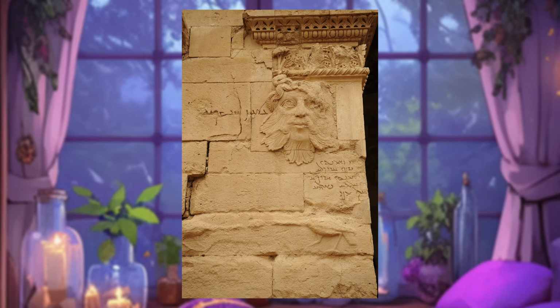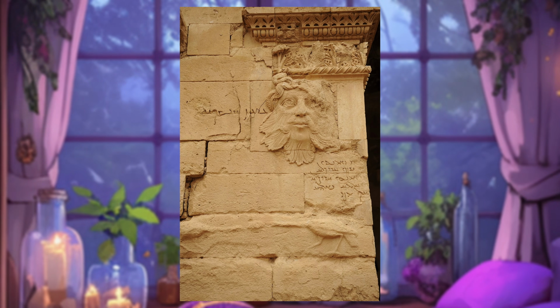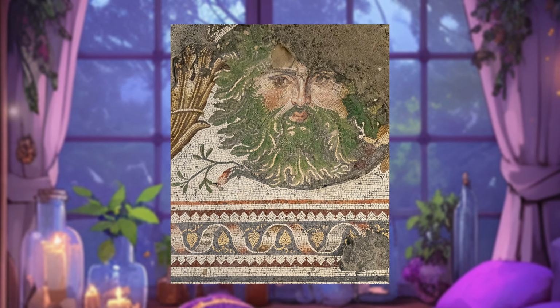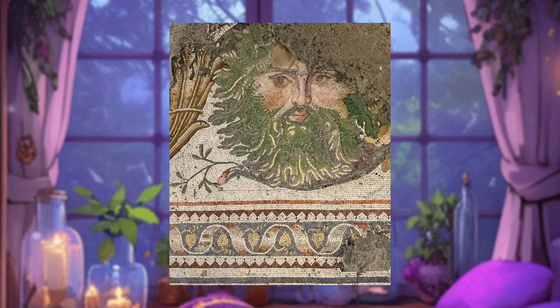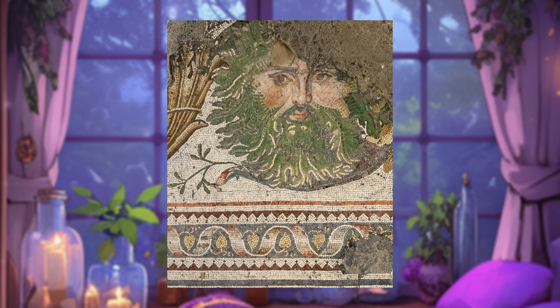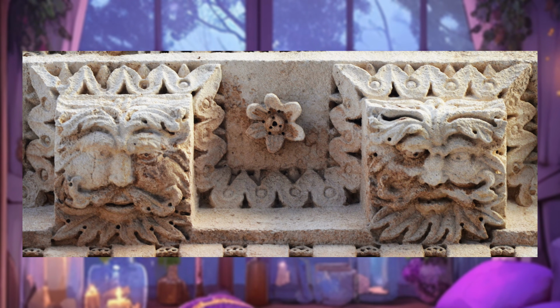There are some early examples of foliate heads that can be found in the ancient world. For example, this 2nd century sculpture in the ancient city of Hatra in modern-day Iraq, or this 6th century Byzantine mosaic. As far as we know, these examples were decorative, possibly symbolic of fertility or nature's vitality, though likely not representative of specific deities or supernatural figures. You will also find some foliate heads in Roman art. But again, these were not one unified deity, but rather a decorative motif used to represent different figures.